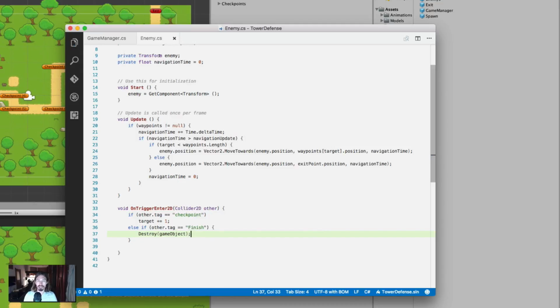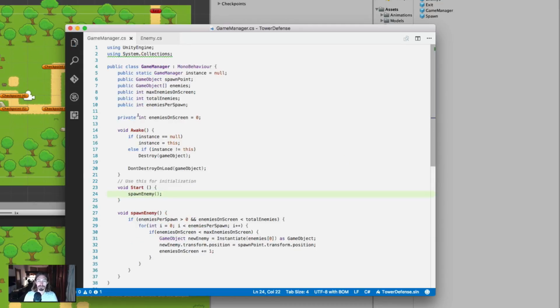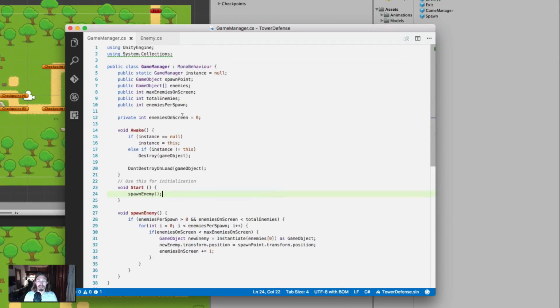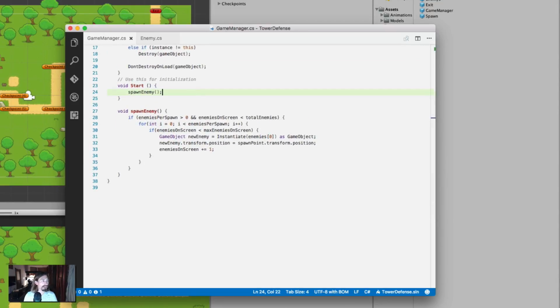We also need to decrement our enemies on screen. Since this is a singleton, we can call a function, and what we're going to have to do is make a public function. We'll put it underneath our spawn enemy. So public, because we want to be able to access it. Void remove